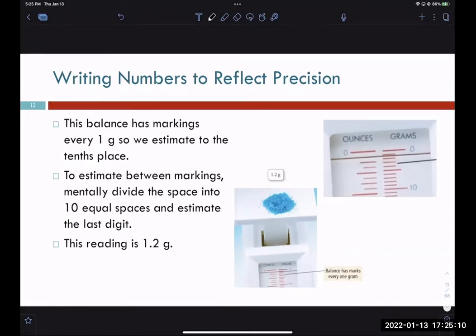So for this balance, if we're measuring out this blue substance, which reminds me of Breaking Bad,